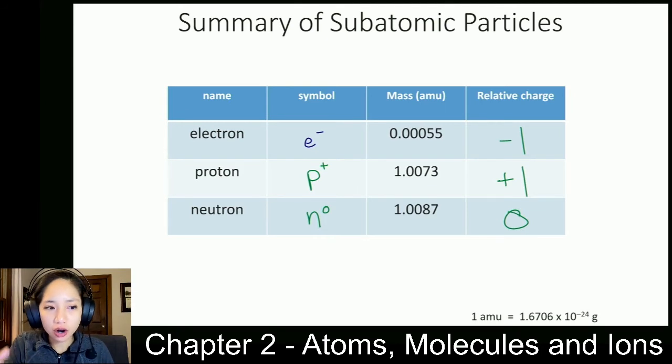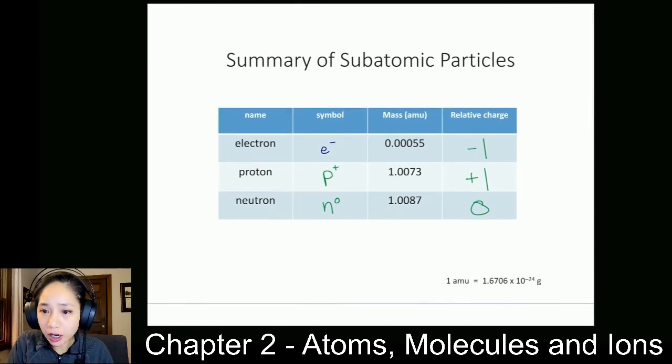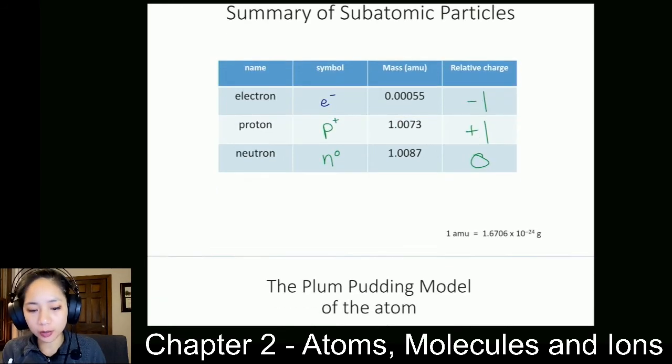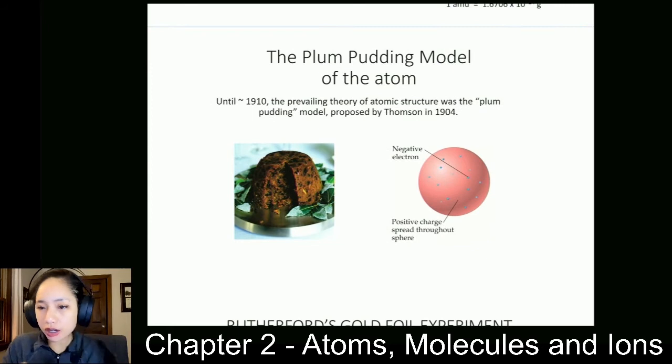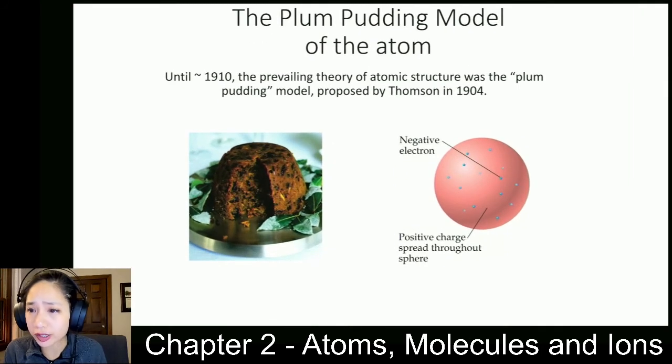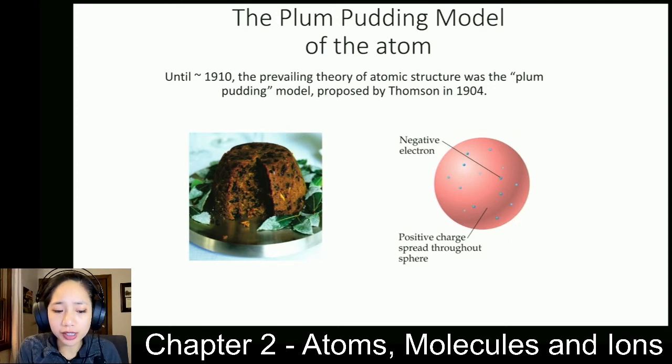Okay, so let's finish off this section of history and subatomic particles and think about how those subatomic particles come together to actually form an atom, because atoms are composed of subatomic particles. So now more theories and models come about, with predictions or explanations of what a single atom might look like. One of the first models they came up with is the plum pudding model. It was really simplistic, and it was the accepted theory for atomic structure up until 1910, when we came up with more complex theories of atomic structure.